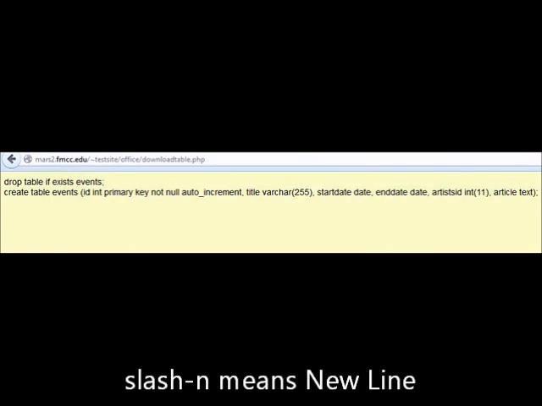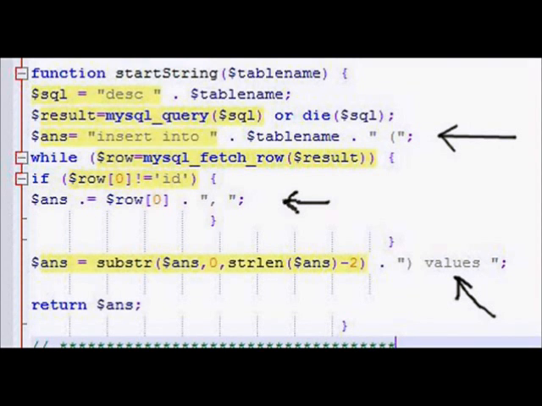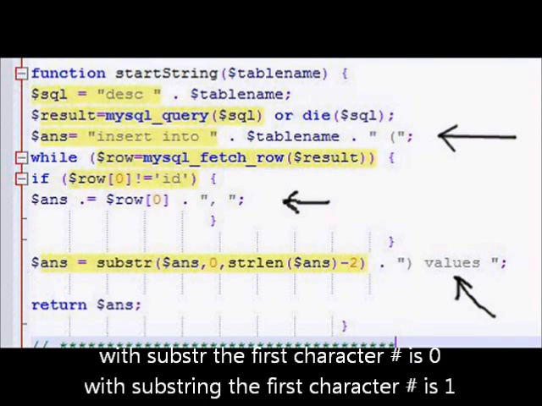And when we take a look at that, we can see it. Now I've got semicolons at the end of these lines because that's what we typically do in prior SQL statements, but again, we're going to explain that a little later. So moving on, what I need to do is what's called the start string, because that's the part where it says insert into table name,